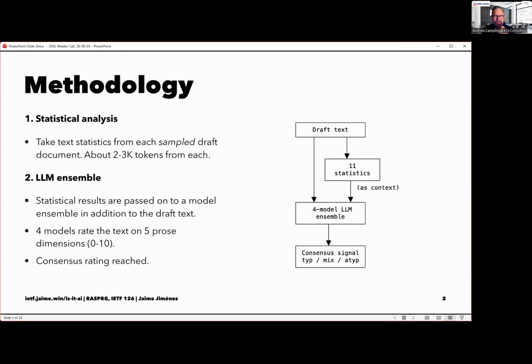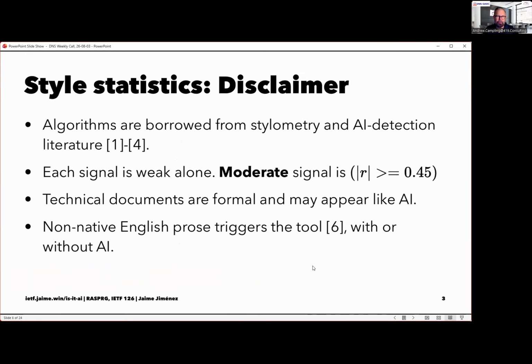If I change slides, he just explained how it worked, which is that it farms out different elements to 4 different models, as you just saw, and then comes back with a score to give you a broad indication, which is helpful.